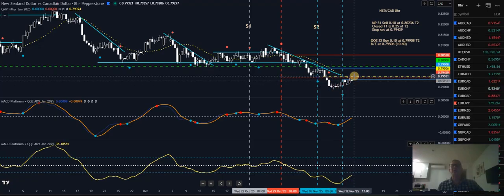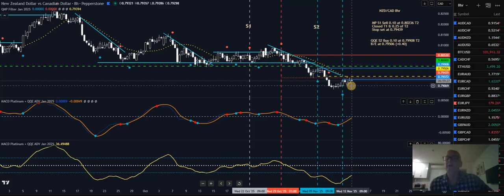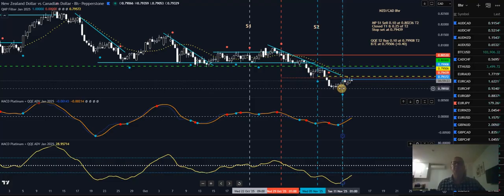Break even for the buys, that yellow line there. This green one's just a big round number. In this case, it's the 0.8000 level, just a round number. So we're close to the sell being stopped out, and the break even for the buys is not far above it, but again, my target's that white 50 level.